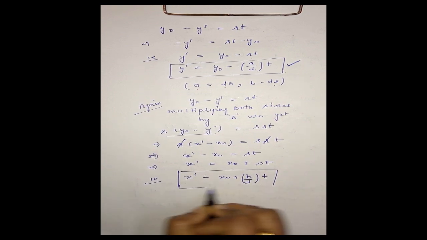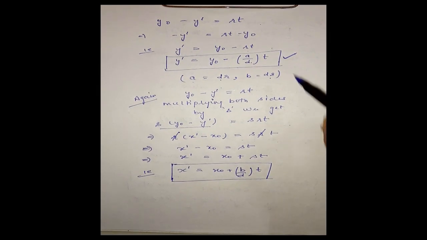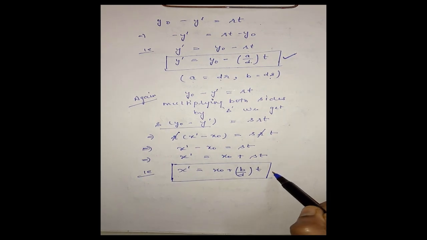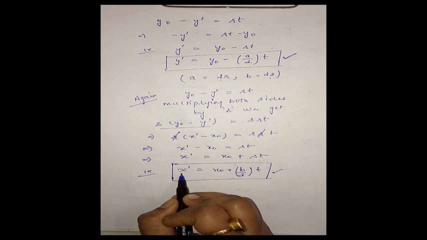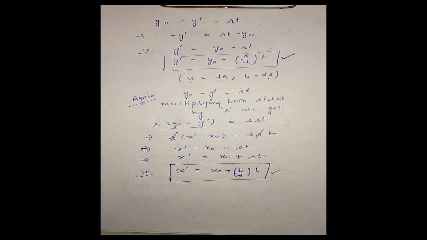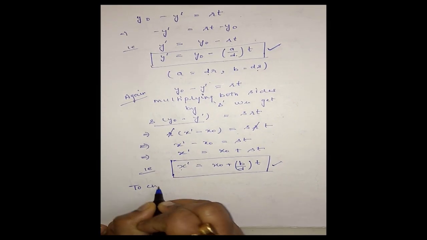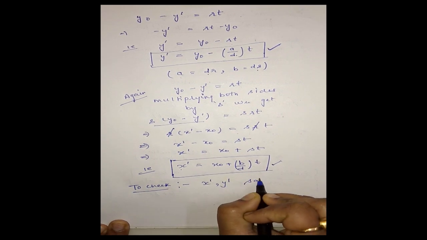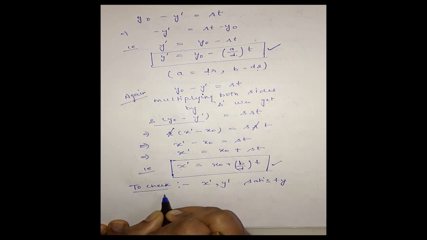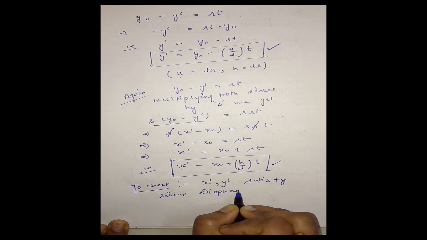Okay. Means if we have x naught and y naught as one set of solution, then all other solutions are given by these two. Okay. Now we have this value of x dash is this, value of y dash is this. Next and last, we are now going to check if these two satisfy the equation or not. Okay. Now to check x dash y dash satisfy linear Diophantine equation, we are now going to check this also. Okay.